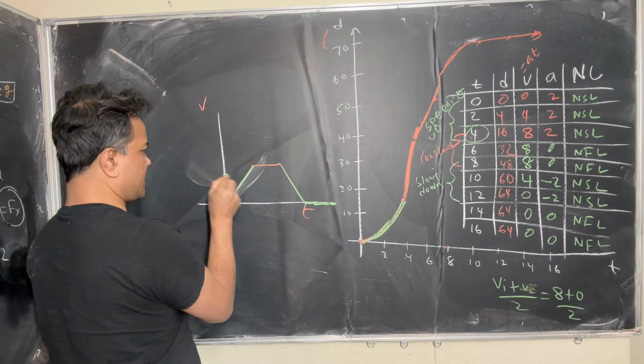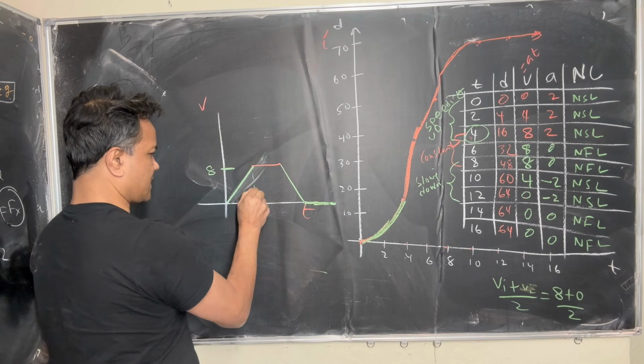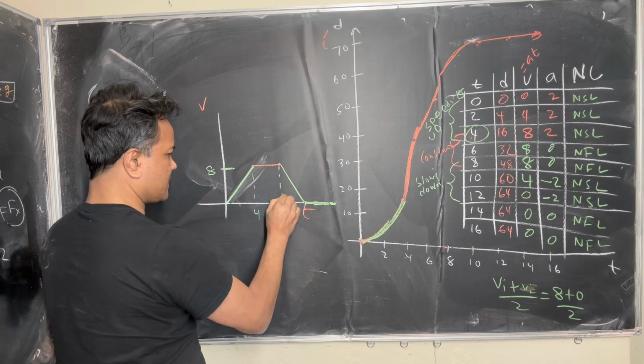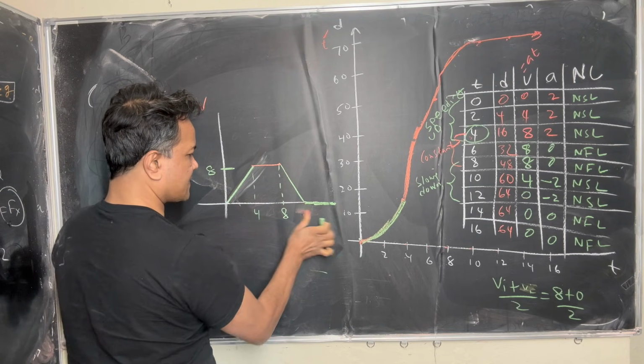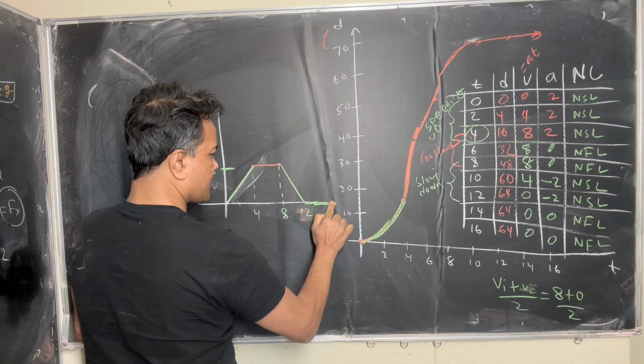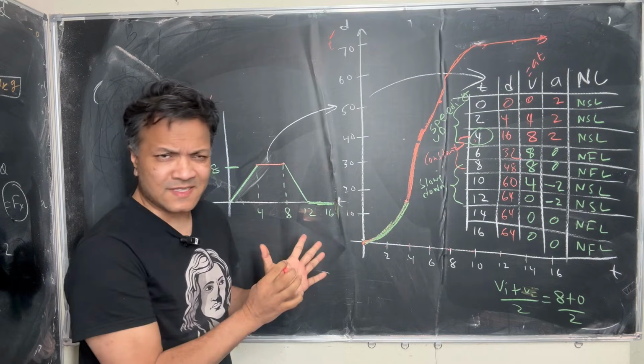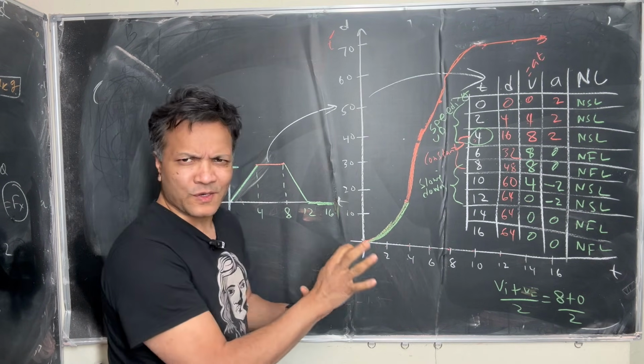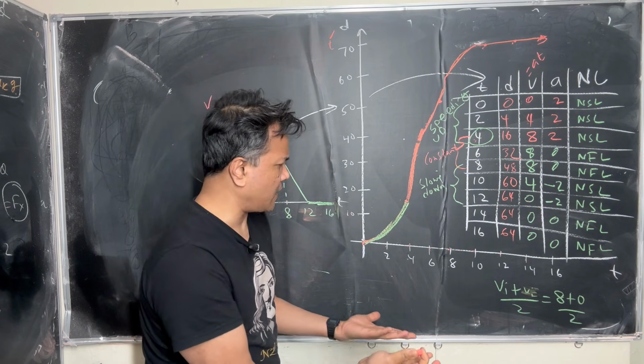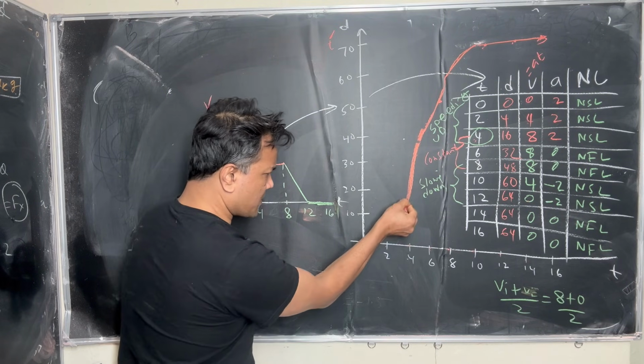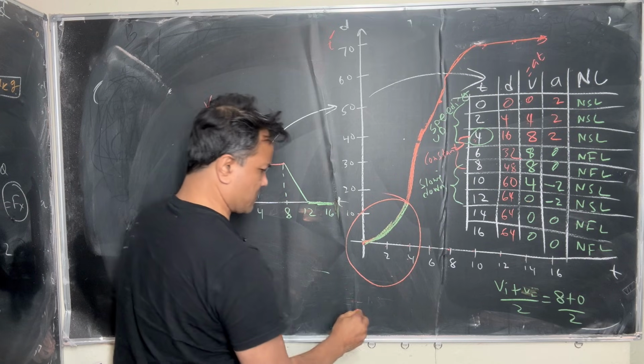So you're gonna come over here. This is 8. You're gonna come over here. This is 4. This is 8. This is 12, and this is 16. This is the 16-second motion of the car, Mr. Barry's car. So from here to here, the net force is